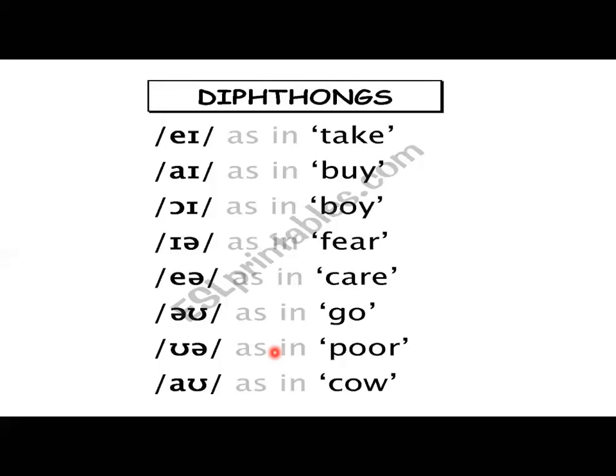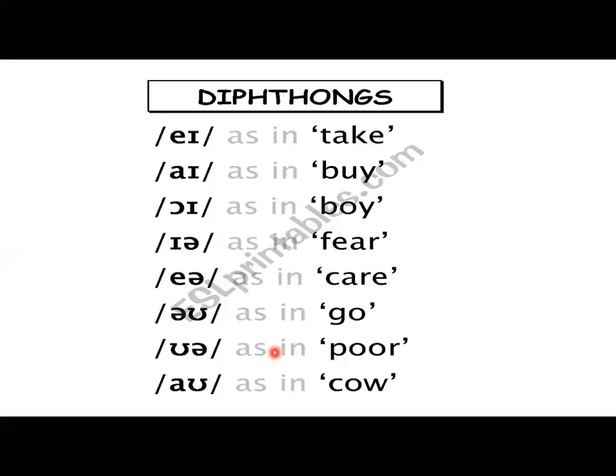So totally there are 8 diphthongs, and with the examples we have understood how they are pronounced in different words. Lastly, I'll read all these diphthongs once more, and you just remember how it's pronounced. Also try to find some other examples, words where these diphthongs are used, and that will give you practice, and you will understand more about the diphthongs.